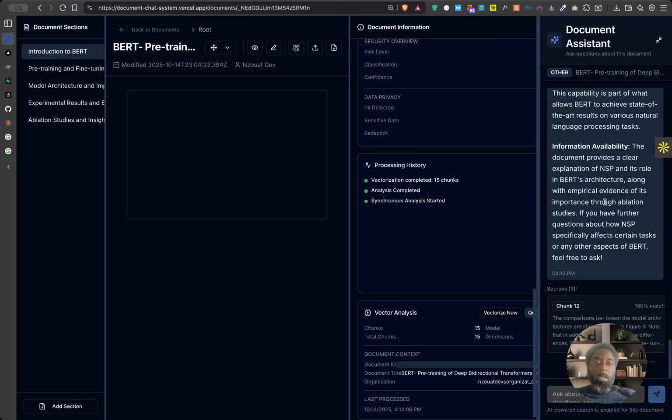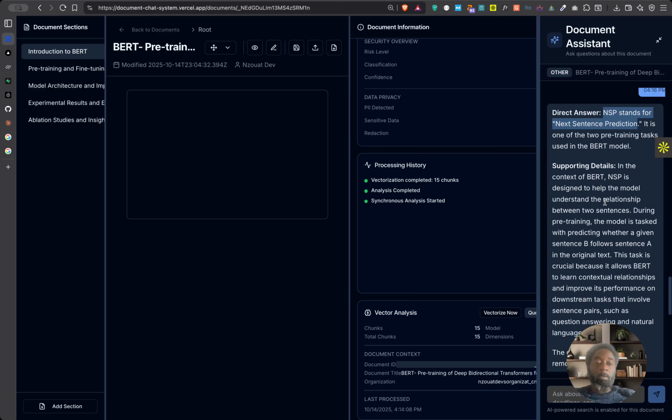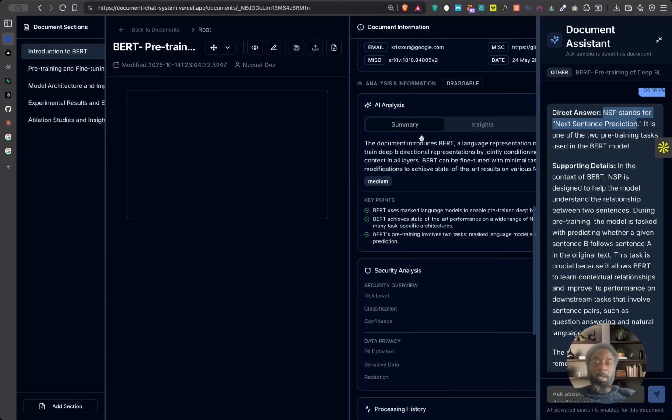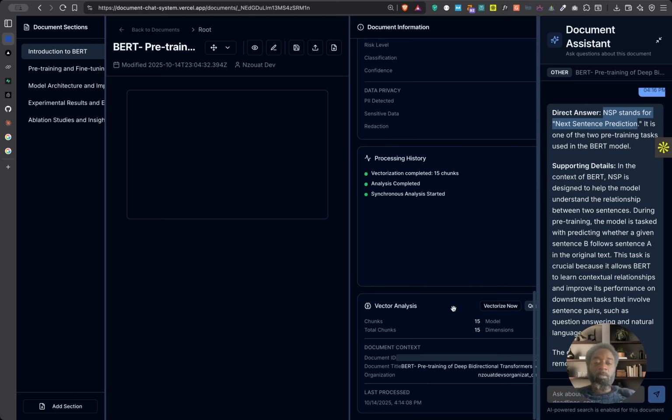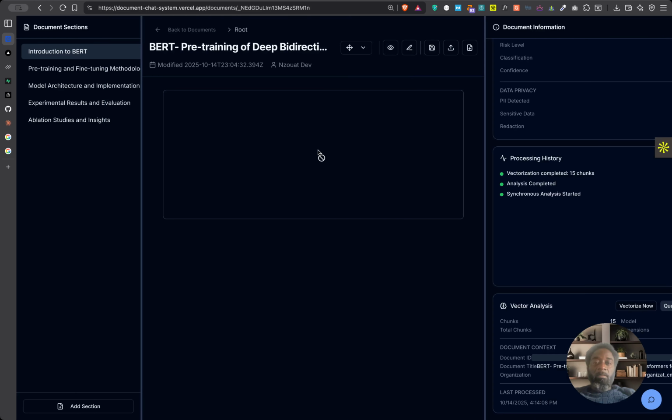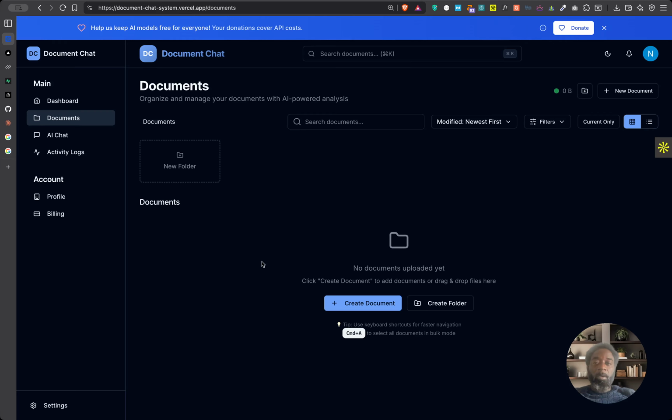So our RAG system is working properly. We are able to upload a document. We are able to extract information and organize that data, and then we are able to vectorize it so that we can chat with it, right? So this is great. And that is all for the document section, right? So now if we go back here,